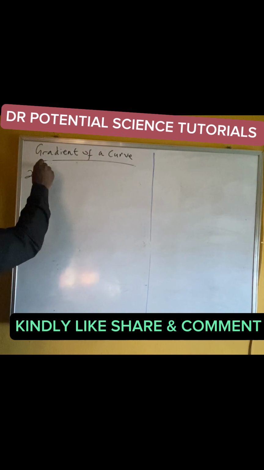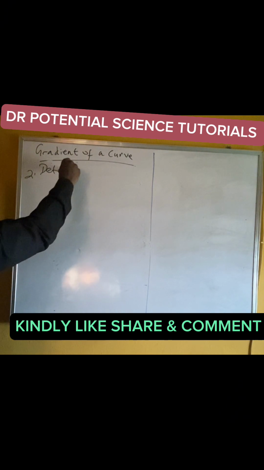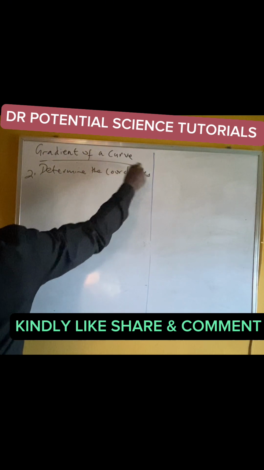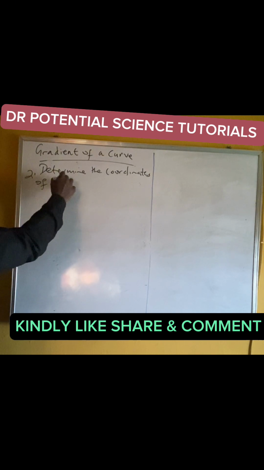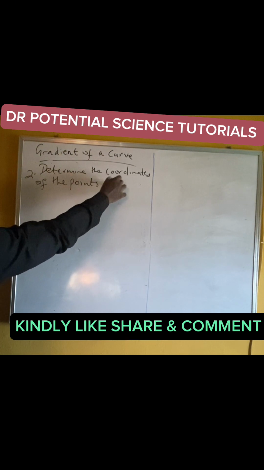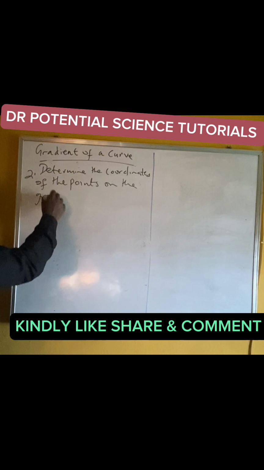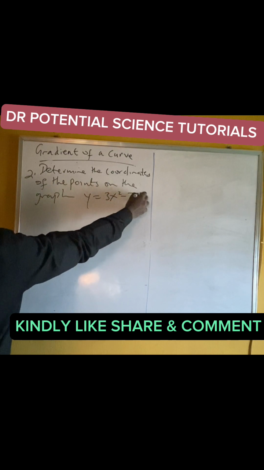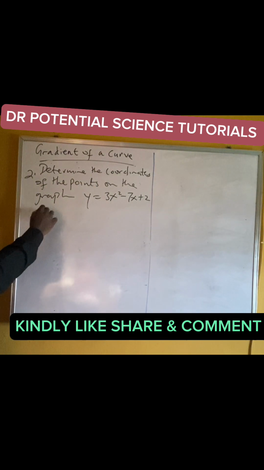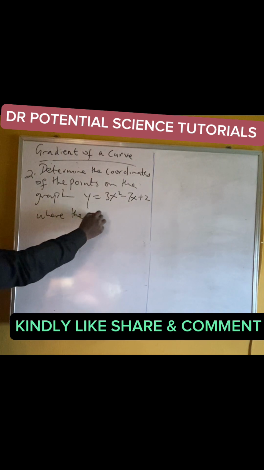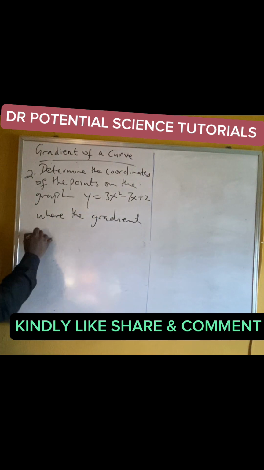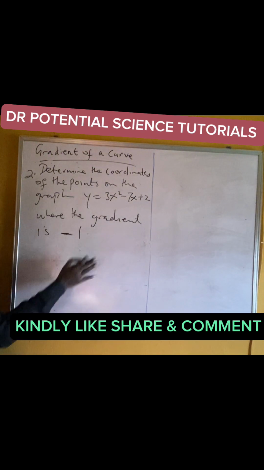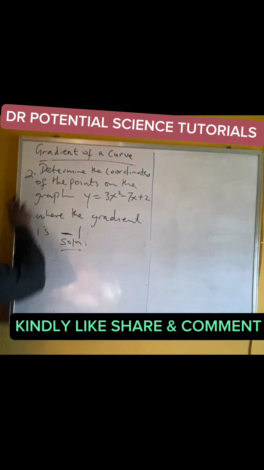Okay, so another example is: determine the coordinates of the points on the graph y equals 3x squared minus 7x plus 2, where the gradient is minus 1. Okay, so for a question like this, what you need to do is just determine the coordinates